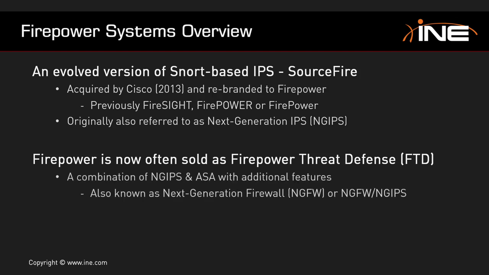Firepower Threat Defense is actually a mix of the ASA functionality with Firepower IDS IPS capabilities, plus some additional features that were added to the product to make it even more flexible. And this is what Cisco now calls a next generation firewall,